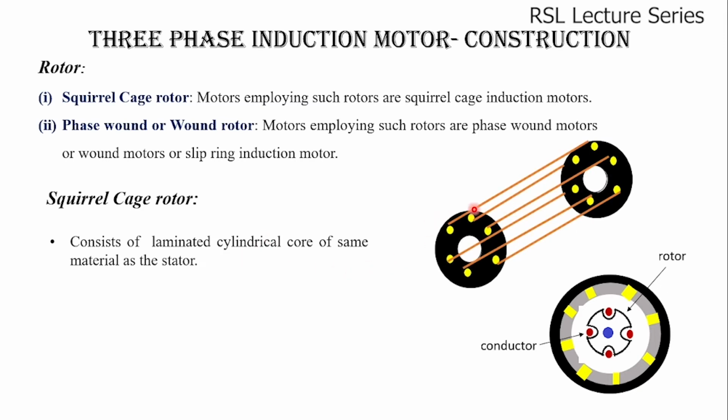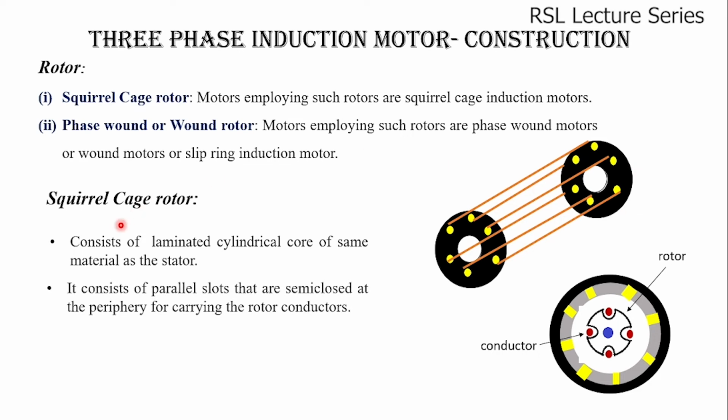Now the slots. So these are the slots. As I said earlier, the rotor is also cylindrical in shape. The slots are placed parallel to each other. These slots are again semi-closed slots, as in the case of a stator: one side is closed and the other side is open. Inside the slots, rotor conductors are placed, and these conductors are short circuited with the help of end rings. So this black color is the end ring. On both sides, the conductors are short circuited by end rings, so that we will not be able to connect any external resistances in the case of a squirrel cage rotor.